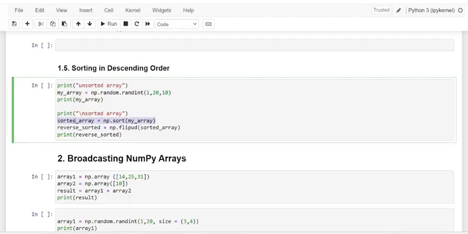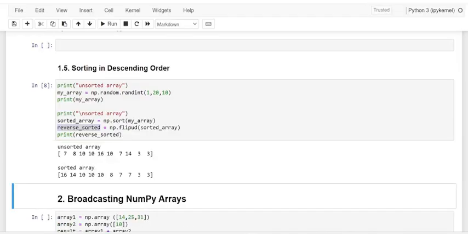After that, we pass that sorted array to the flip function to get it reversed. So we first sort an array in ascending order and then reverse it by using the flip function.